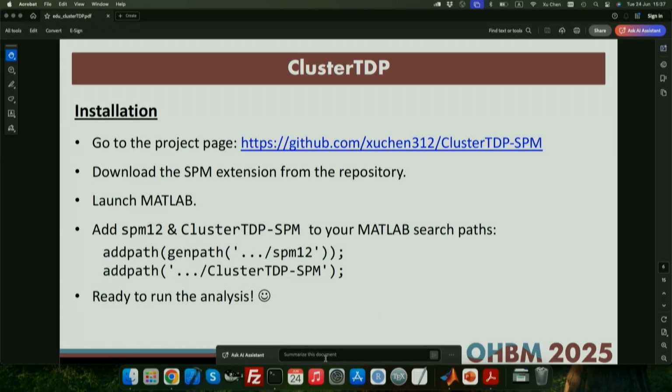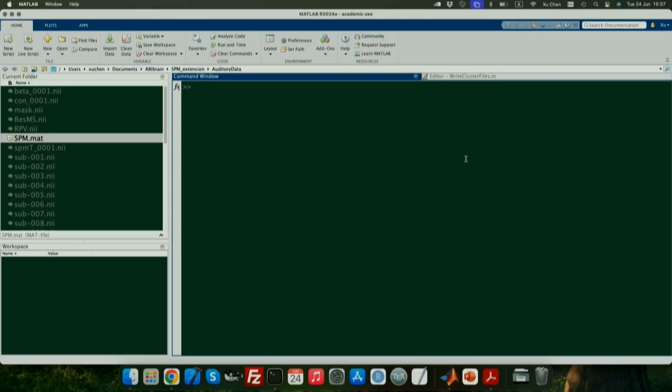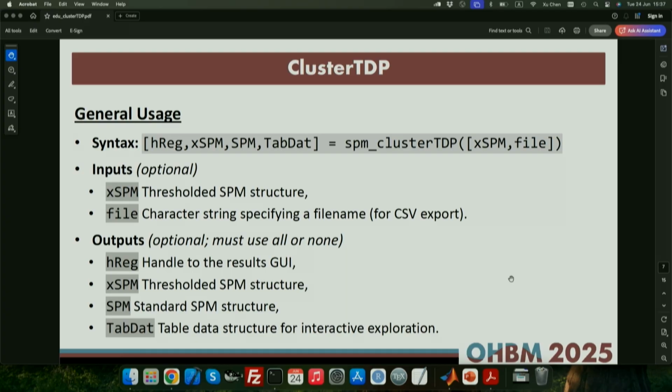So I'm going to illustrate how to run this. First of all, I'm going to introduce the general usage of this cluster TDP tool. So this is the main function you would like to use to run this cluster TDP analysis. spm_cluster_TDP is the function with two optional inputs. The first input will be the thresholded SPM structure, and the second one will be the